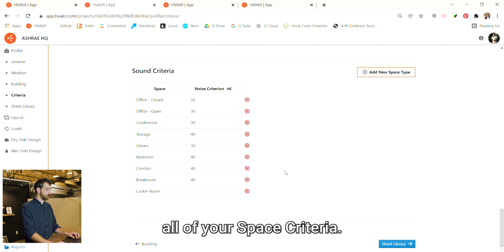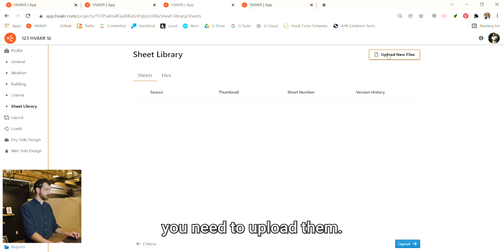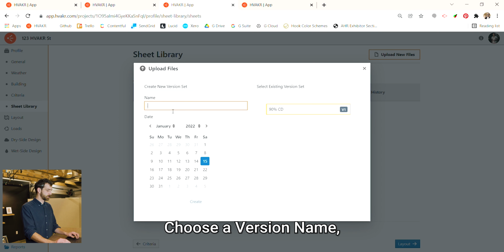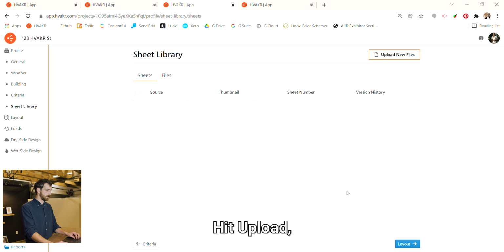After you've completed all of your space criteria, move on to Sheet Library to import files. If you haven't imported any files, you need to upload them. Choose a version name, a date, and then select from your computer or drag PDF files directly in. Hit upload,